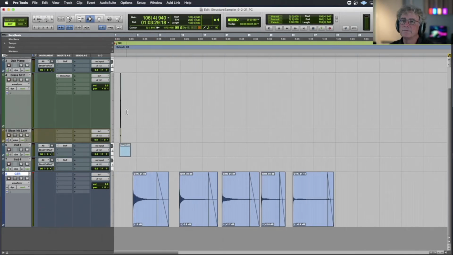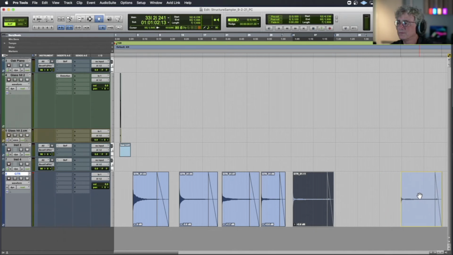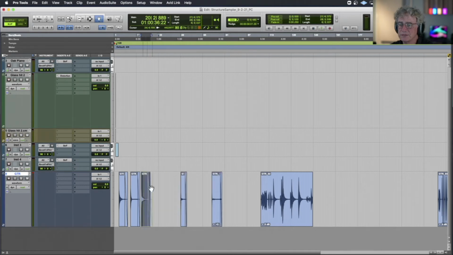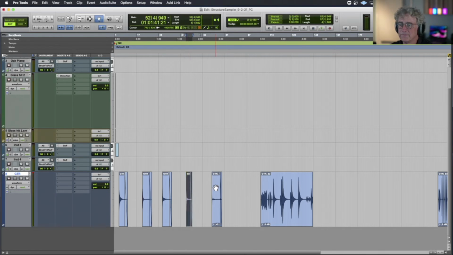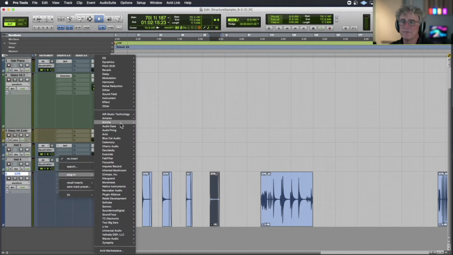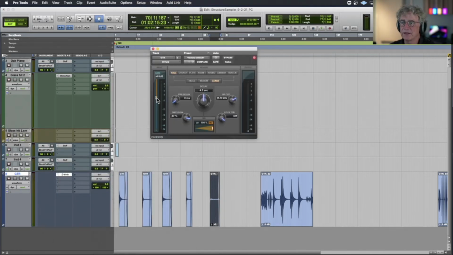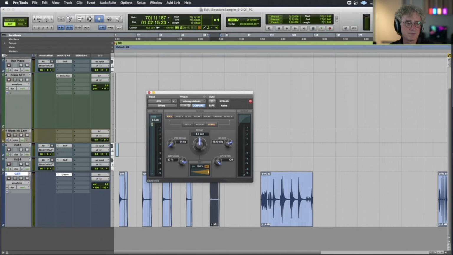And then I can leave a lot of space between these notes. And there's a reason for that. The reason for that is I'm going to sound design this. All right, so I'll go to my Avid folder, and I'm going to take Deverb, and I'm going to go mono to stereo, so that this way I am taking this mono track and making it into stereo. I'm going to turn the gain all the way up. Now, we haven't done much work with this. All right. So